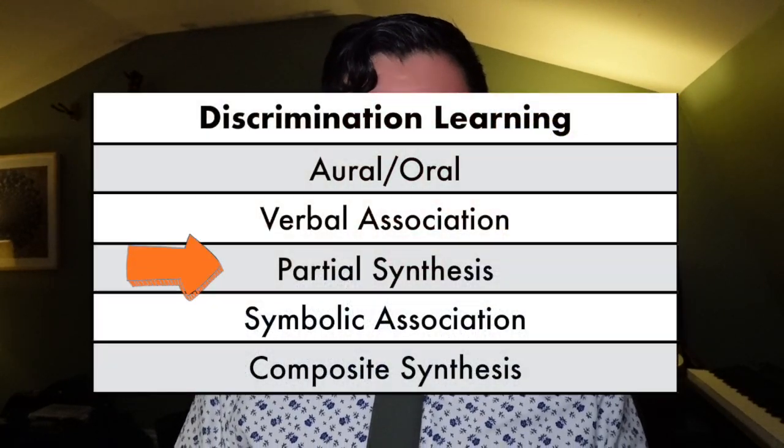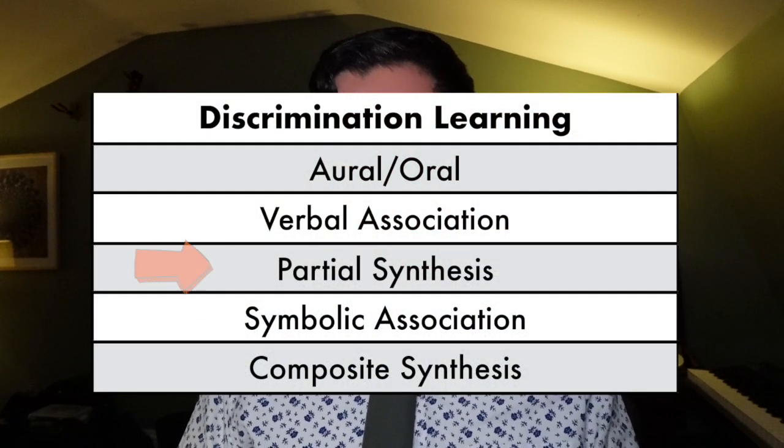Next, if we continue to go down the discrimination side, you'll see partial synthesis, and that's where students are taught to discriminate between contexts. So they're going to hear major and minor paired up against each other and compare the two. They're going to hear duple and triple compared against each other and learn to distinguish between the two, to discriminate between the two.